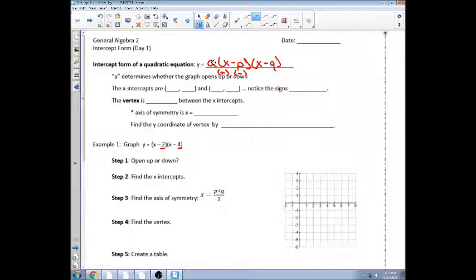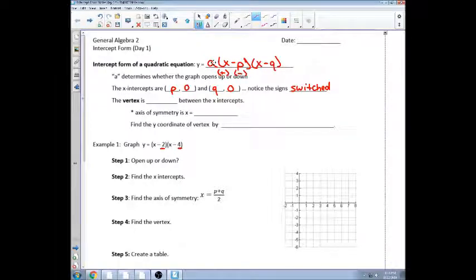Okay? Here we're going to find out what our x-intercepts are based off of our equation. So the x-intercepts based off of the equation will be (p, 0) and (q, 0). Remember what an intercept is? It's where it will cross the x-axis. We've talked about the y-intercept numerous times. This is the x-intercept, so it will cross the x-axis. Notice that the signs have switched, which means that we're taking the opposite of whatever's inside of the parentheses, just